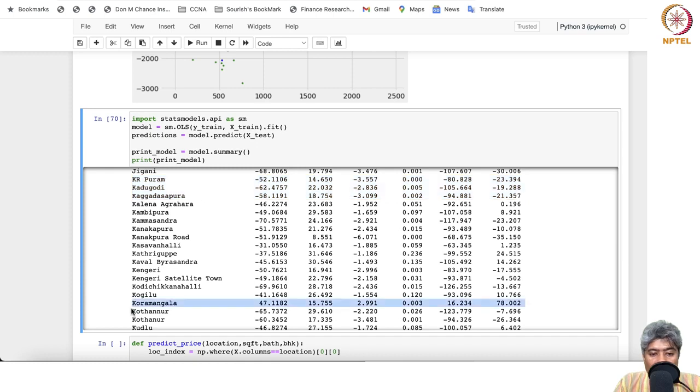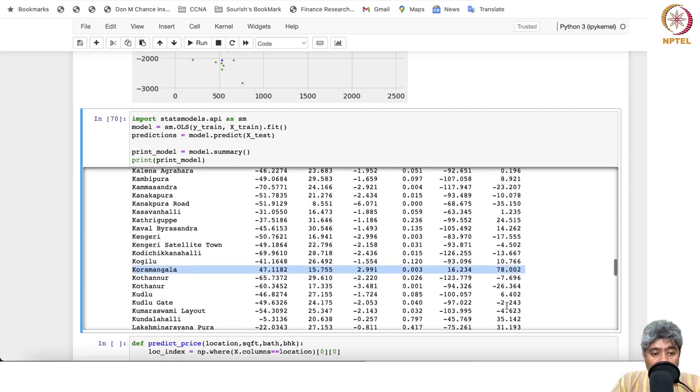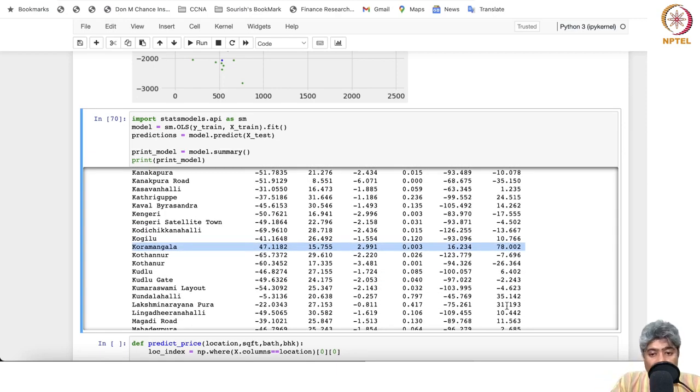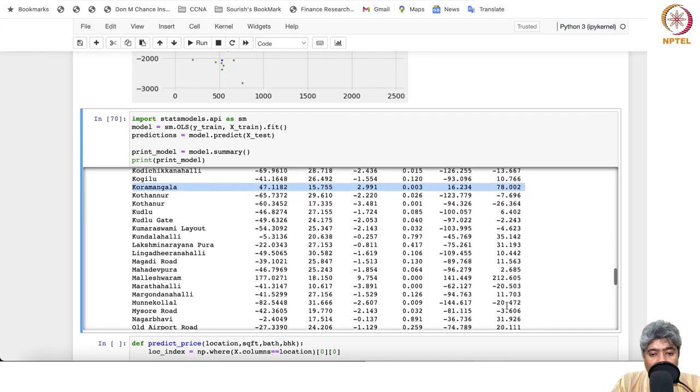Now here is one place, Koramangala. Looks like it's a bit expensive place because the coefficient is positive 47.112. The p-value is quite small, and the confidence interval for the coefficient is completely on the right side of 0, does not include 0. So the people from Bangalore tell me if Koramangala is a place where housing price is more than expected. At least the model is saying it is a bit expensive place. Okay,